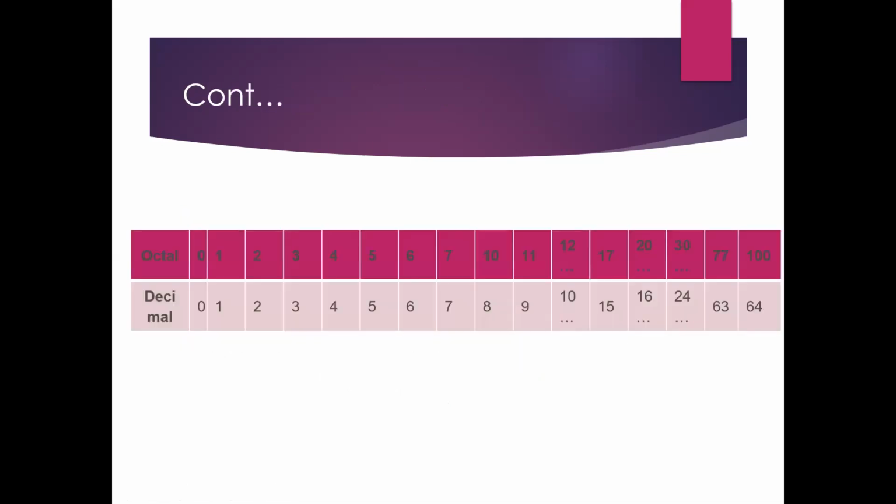Now let's look at this table, how these octal numbers are represented. As I told you, up to 7, it is the same as the decimal number system. To represent 8, there is no 8 in the octal number system. That becomes the first 2-digit number 10. Next 11 for 9, 12, it goes on like that. And for example, 15 becomes 17 here. And there won't be any 18. Then it becomes 20 to represent 16. So that's how it goes on. Here a few examples are given, the equivalent octal numbers for different decimal numbers. So that's how the octal number system is represented.